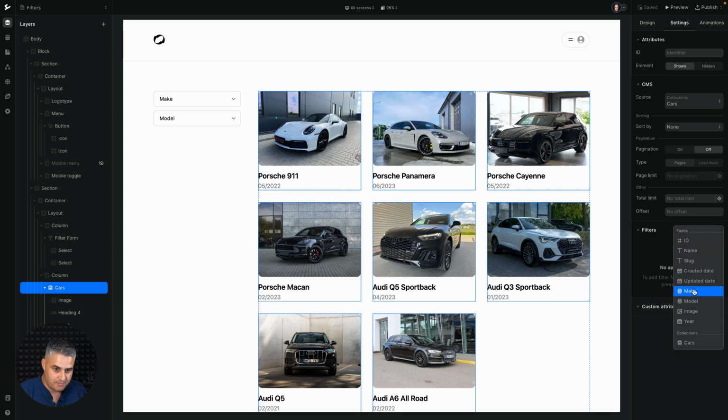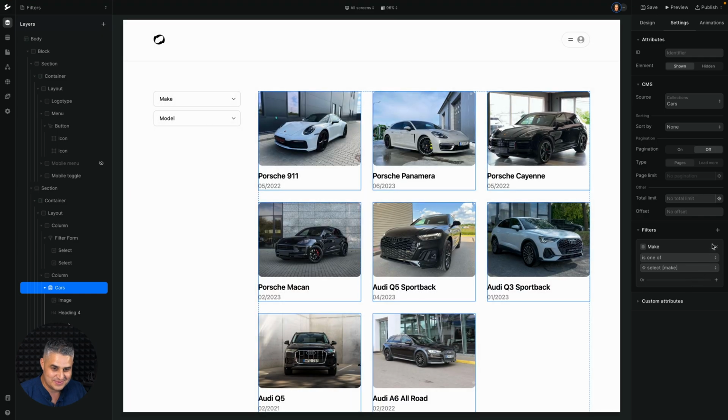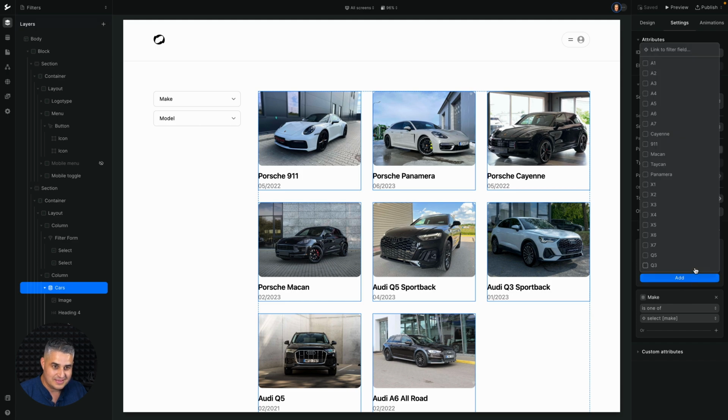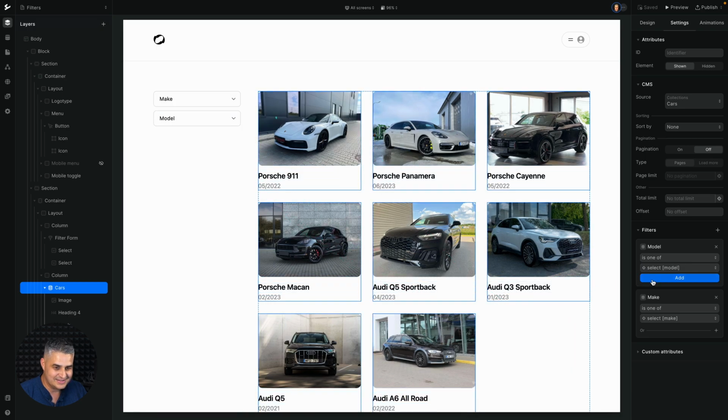I'm going to filter by make. Hit none, link to field, make, and then we're going to click add. Very important, don't forget this step. Plus model again. Model. Link to filter field. Model. Hit add. There we go. Now if we click save and go preview,